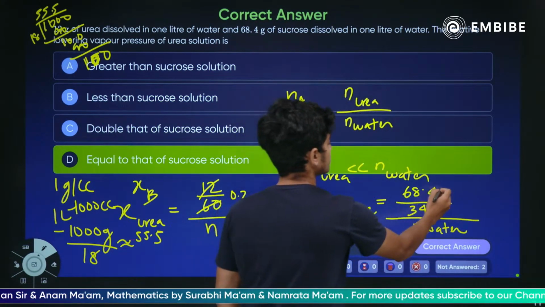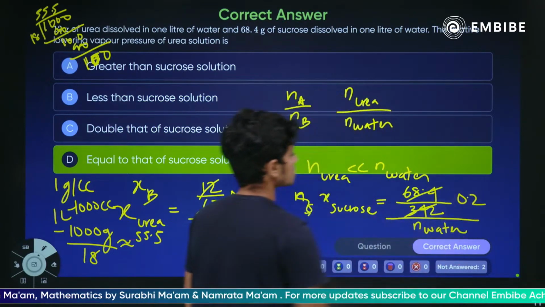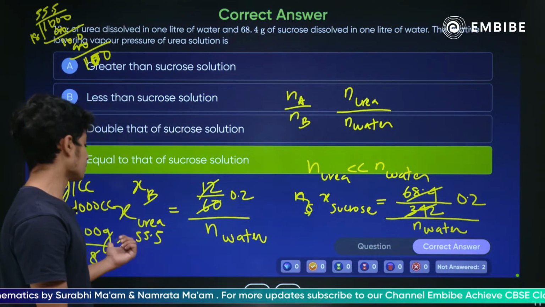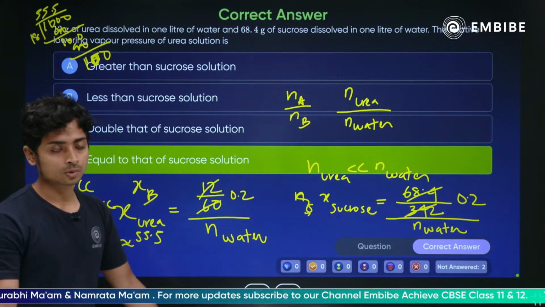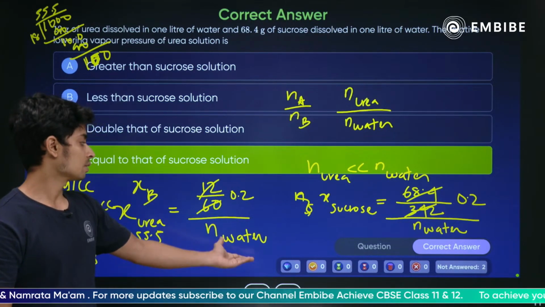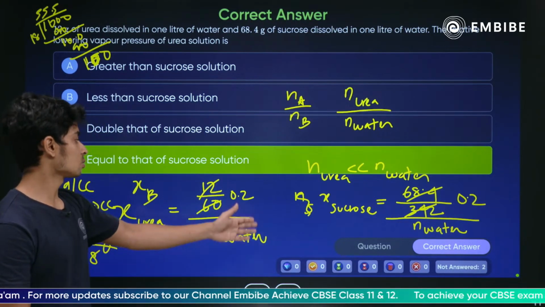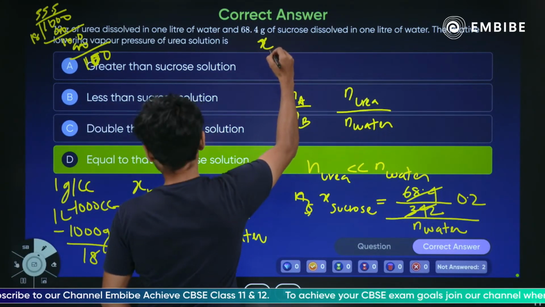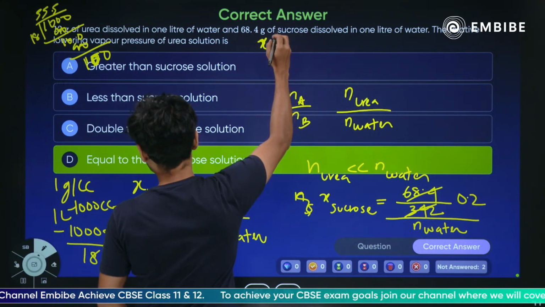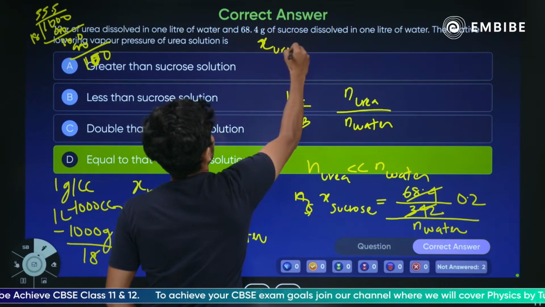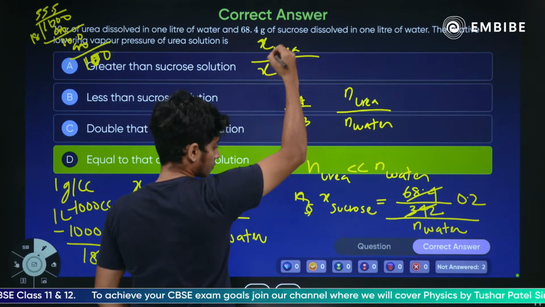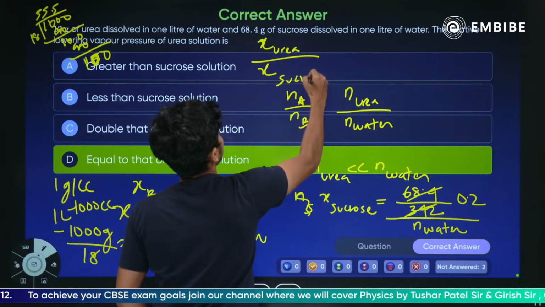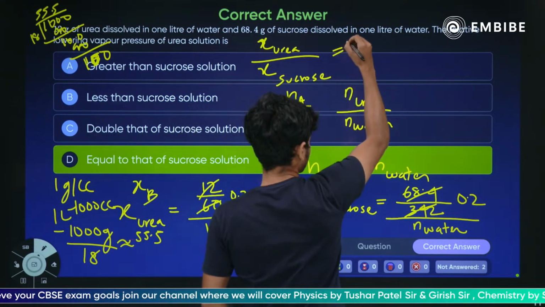ओके, तो आगे I think this also comes as 0.2, so this is also 0.2। N of water आपका 55 है, if you want to calculate you can calculate, if you don't want to calculate you can just cancel out। तो n of water, अगर आप इसका फिर एक रेशियो लोगे तो आपका कितना आएगा, χ of urea divided by χ of sucrose, अगर एक रेशियो लोगे